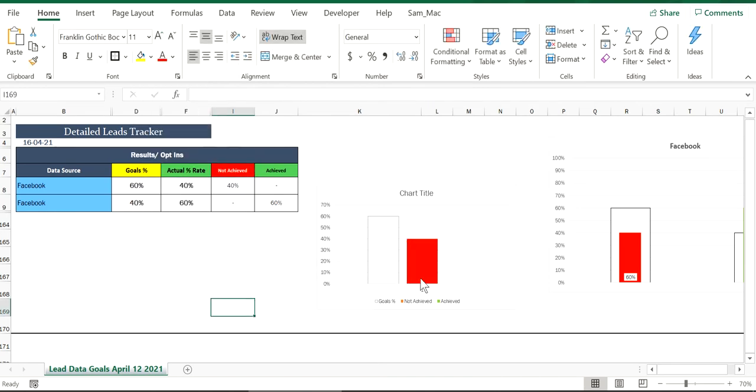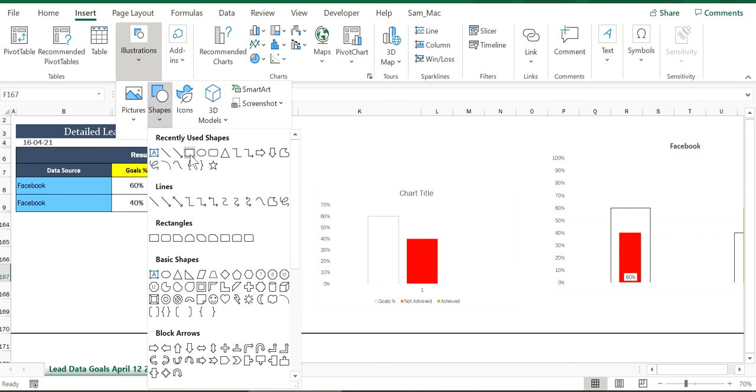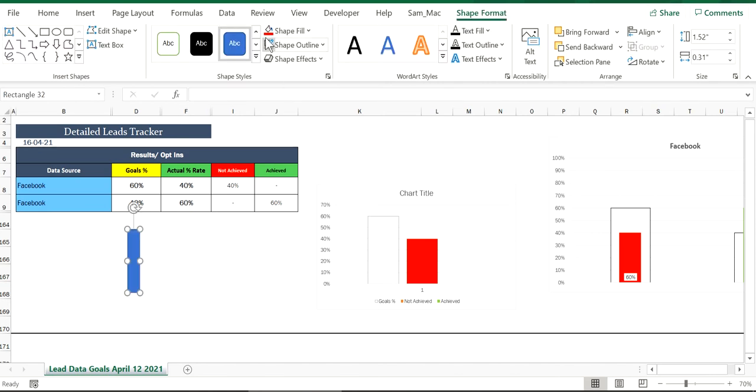Okay, now for these two colors, the red and the green, we're actually not going to use that. We're going to use a simple little trick right now. For that, all you do is go to the insert menu, click on shapes, click on the triangle, and just create a small shape here, and then we're going to shape that as this one, and then again we're going to insert